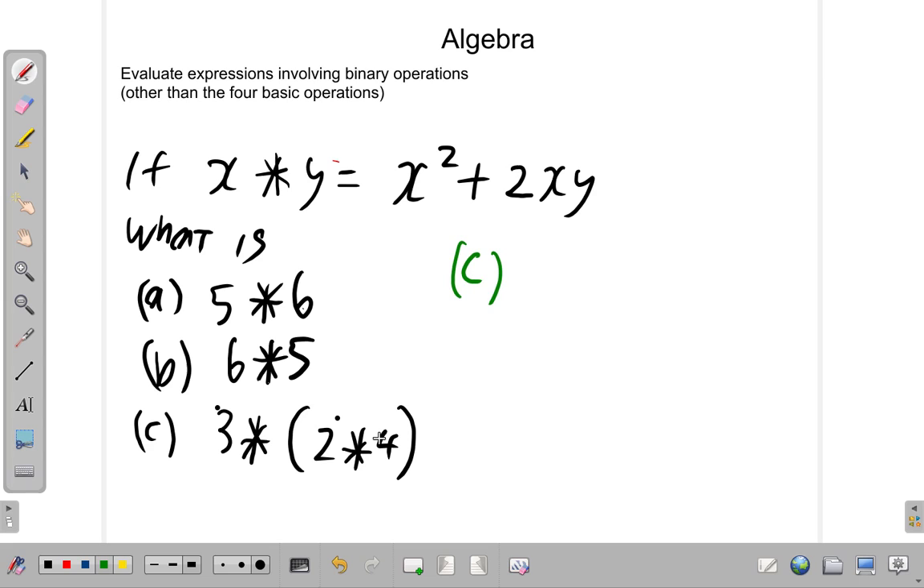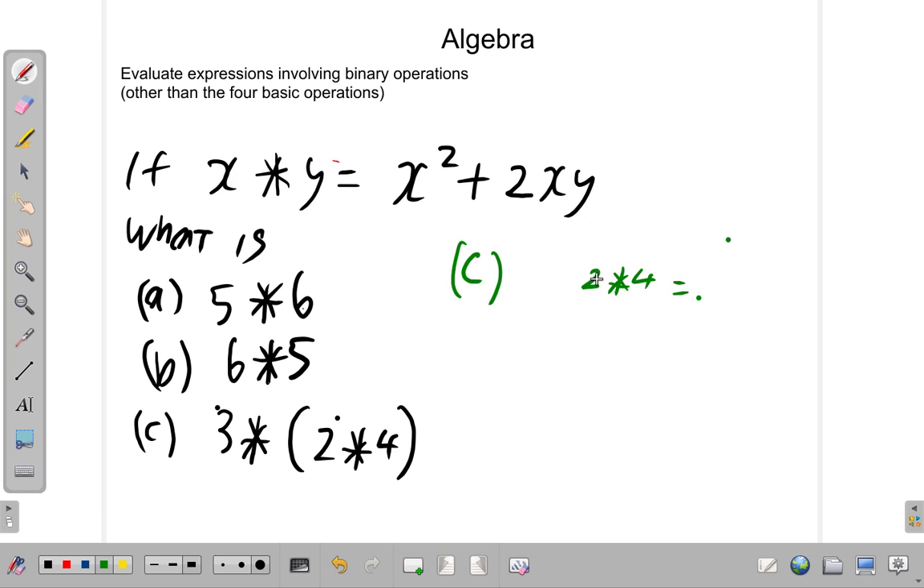3 star, 2 star 4. You do what is in the bracket first. So you're going to have 2 star 4. I said asterisk first, and star is the same thing. Alright? 2 star 4 is equal to